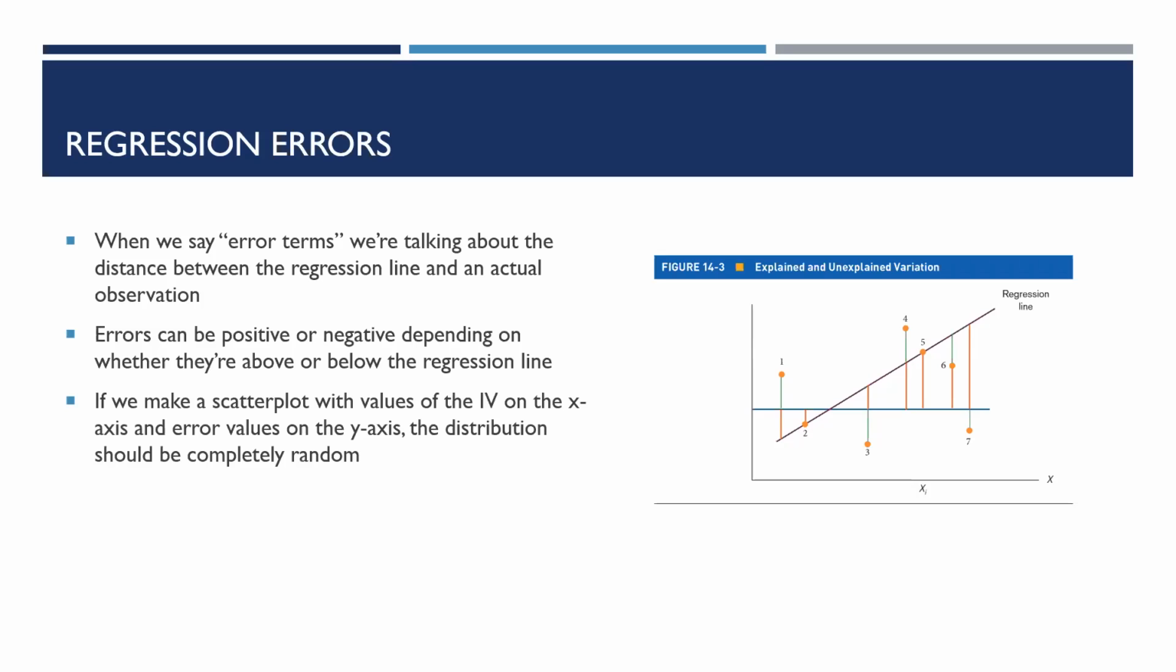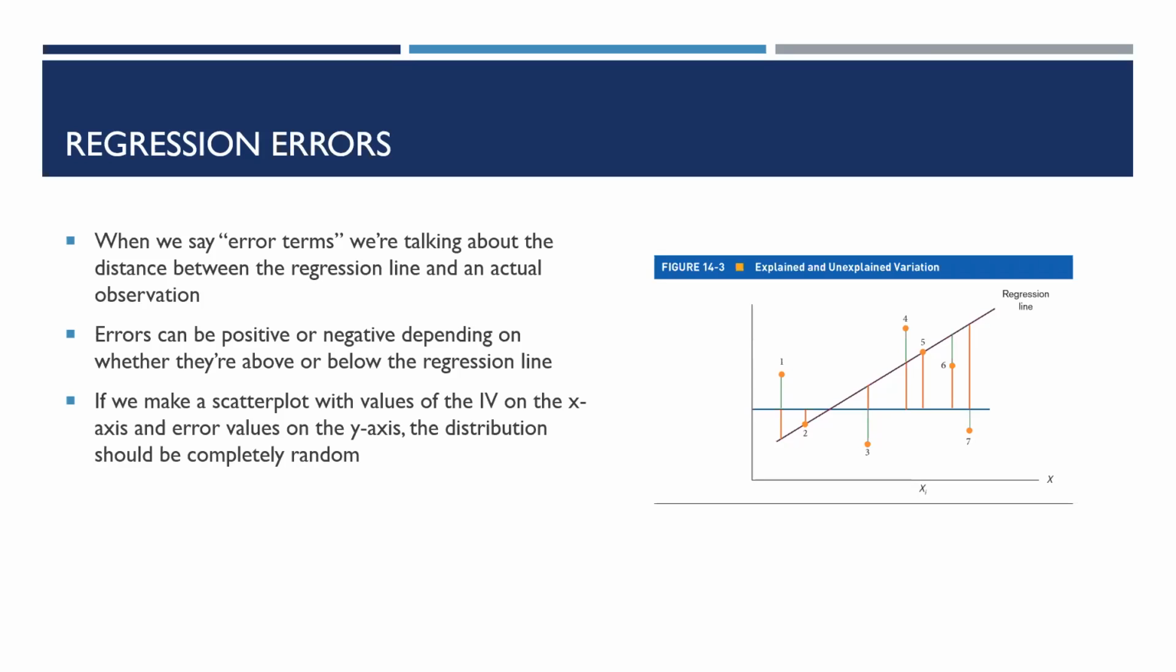And if we make a scatter plot with values of the independent variable on the x-axis and our residuals, or the error values, on the y-axis, the big regression assumption is that this distribution should be completely random. There shouldn't be a relationship between independent variable values and error values. If so, we're getting ourselves into some trouble, right? We're not meeting those